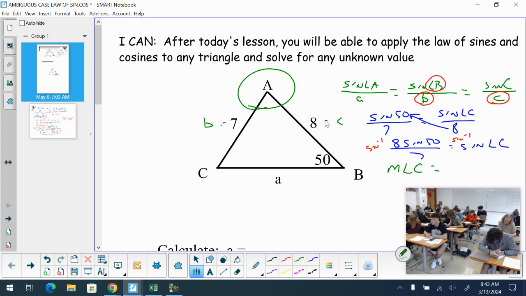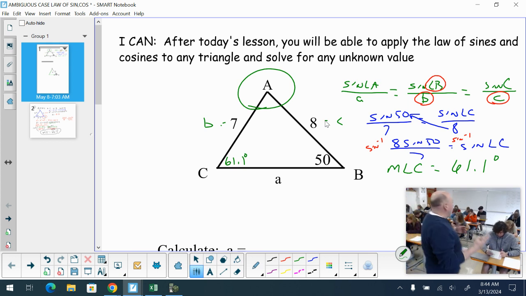And solving for angle C, taking the inverse sine of both sides, we have 8 times the sine of 50 divided by 7. And taking the inverse sine of both sides, what do we get for the measure of angle C here? Anna, what do you get? 61.1. 61.1 degrees. So we get angle C to be 61.1 degrees, which now if we use our properties of triangles,